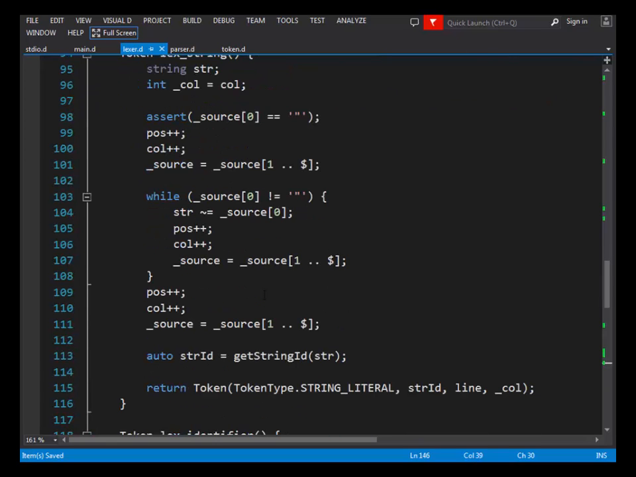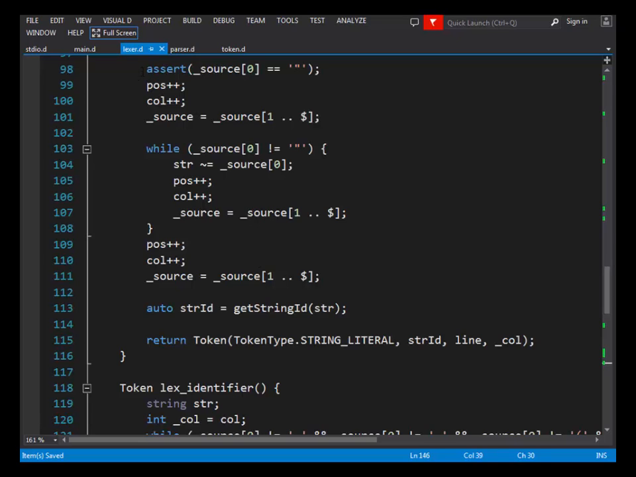Lexing the string. This works like this. We first check that we were indeed called at a place where there's a quote. We advance our cursor. We slice one off our source. Then we check that we haven't reached another quote that terminates the literal. We advance. We add whatever there was to the string. We advance the position. We advance the column. We slice again one token off,